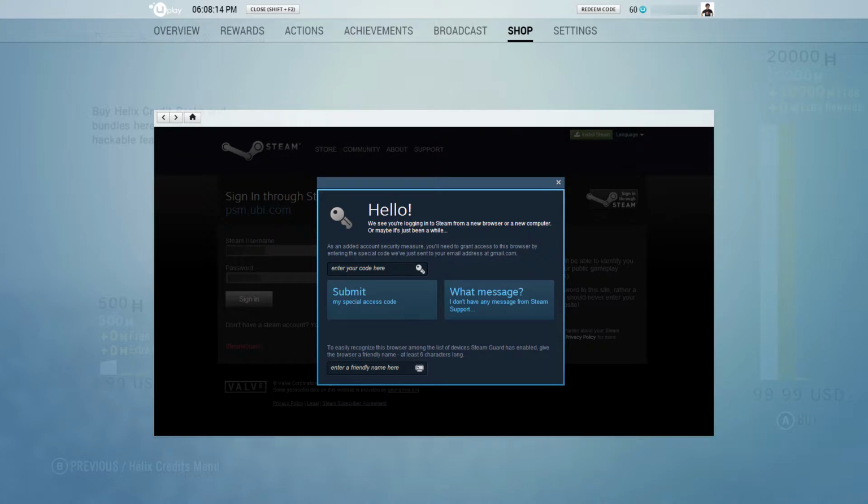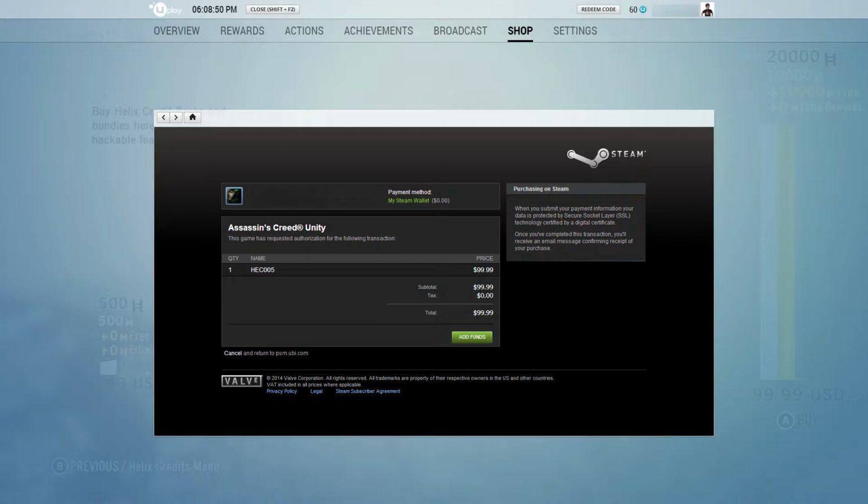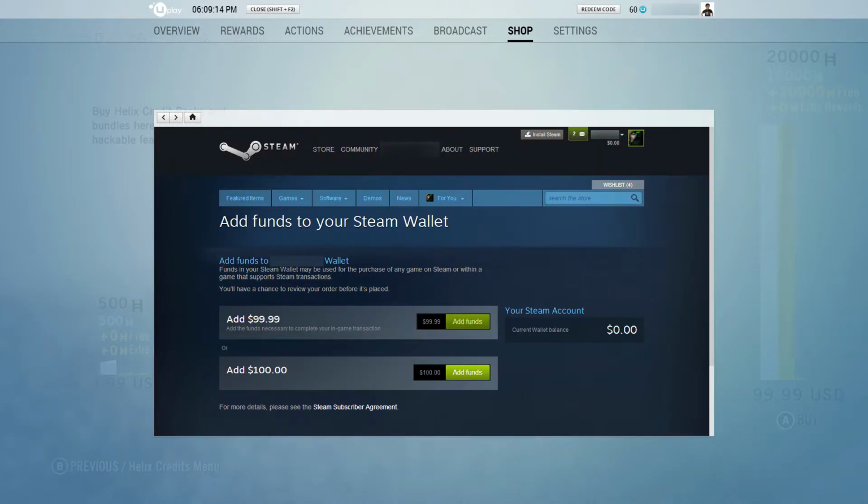Not only do I have to sign in, I have to do the Steam Guard to get a code, get it in my email, enter it here, and then here I am on the purchase page inside of a web browser, inside of Uplay. I click Add Funds because I have to make this purchase with funds in my Steam wallet, and I don't know about you, but I don't really keep a high balance in my Steam wallet. And because I didn't have those funds, I actually go to another screen where I am forced to add funds